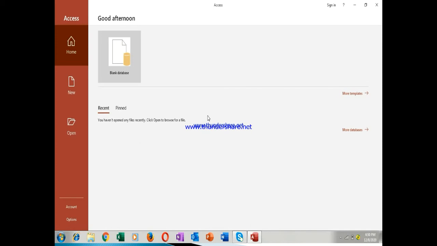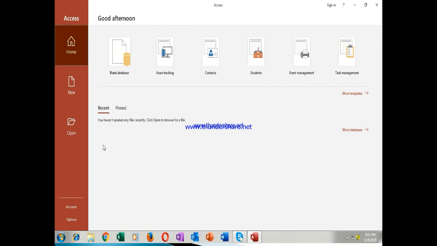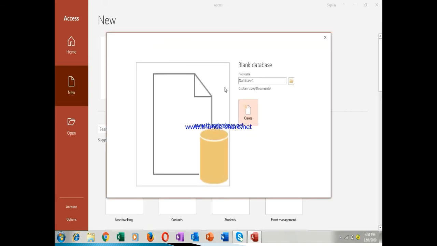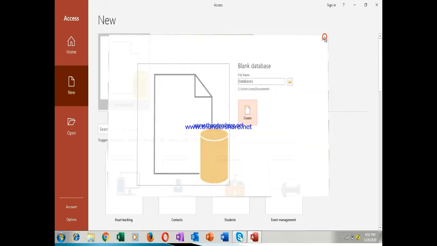Okay. After opening this, here you will be getting a blank database. Can you see it? Blank database. It is already selected, so let it be like that. And now just go to new. Okay, this is the blank database. Click on this. After this, again I am showing you. See,